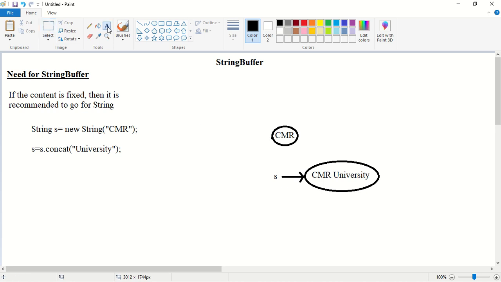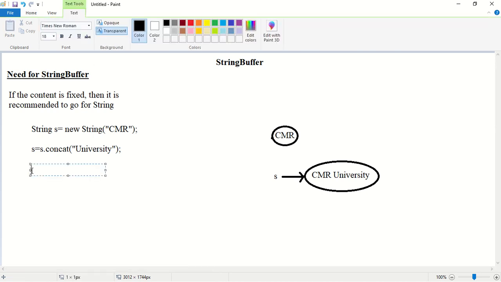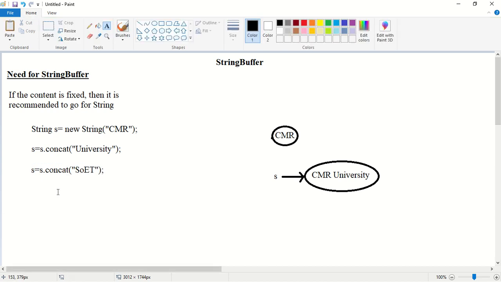Next, what I will take is s = s.concat("SOET"). So now I am once again changing the content of a string. So what happens if I change the content of a string? With those changes, a new object will be created. Now one more object will be created with those changes. Now what will be the value of this string?